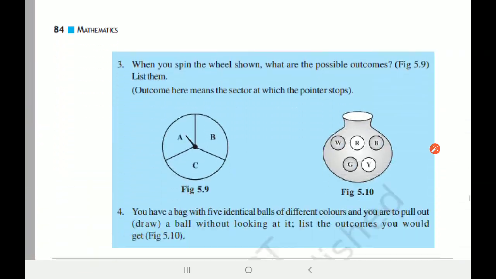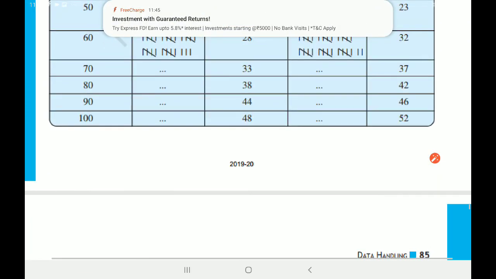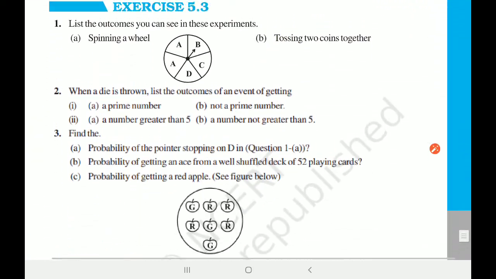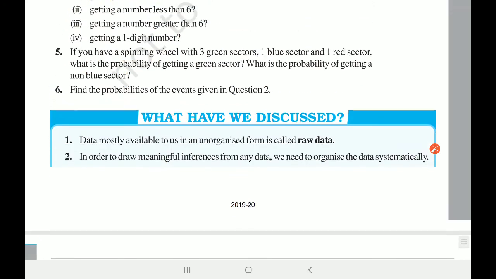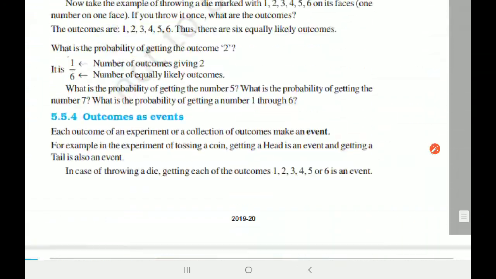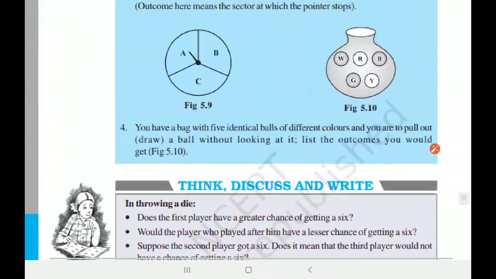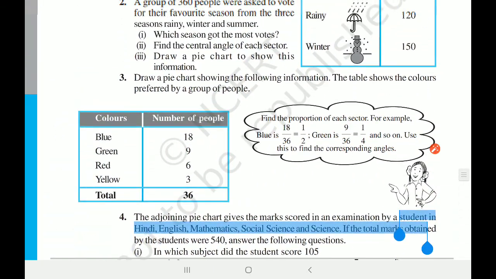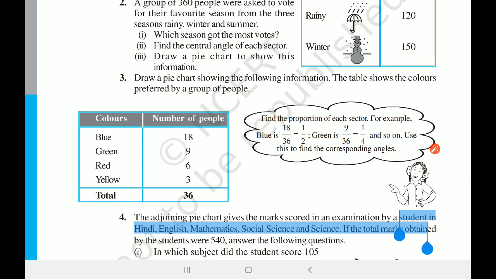Let me see what is left now. One more exercise is there. I think it's a probability kind of exercise. So I think it's easy compared to the other questions. Other exercises, it is easy. So we are left with only one more exercise. So please try to complete it as early as possible. Okay, which question I told you, the third one you have to complete, and the two questions which I said in the video. Fine.